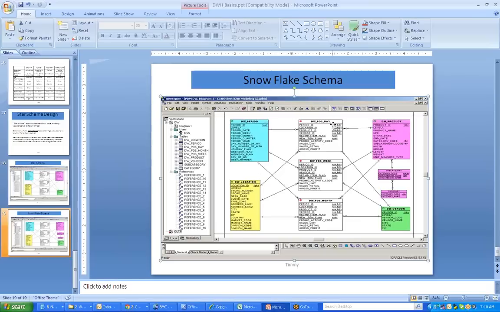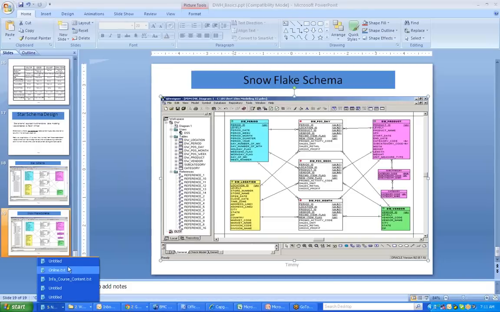This key is available in this fact, and this key is available in this fact. Via this fact, we can connect and get the information from location and product. So that is why we use factless fact tables, only for join purposes.